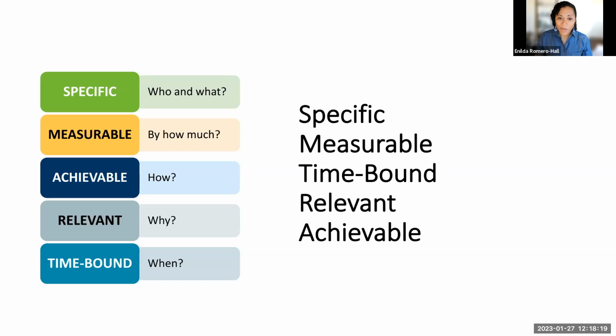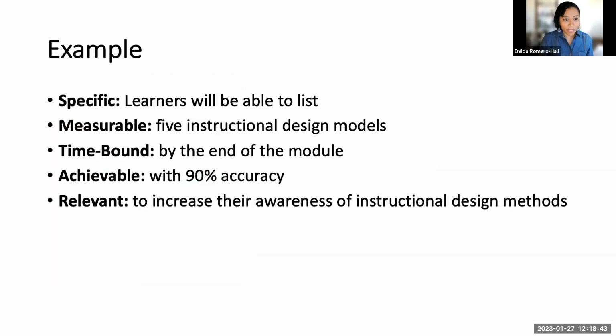But ideally, to write a good learning objective, you actually scramble that a little bit, or change the organization a little bit. So you actually start with specific, measurable, then move on to time-bound, make it relevant, and make it achievable. So an example of this would be, for my students: learners will be